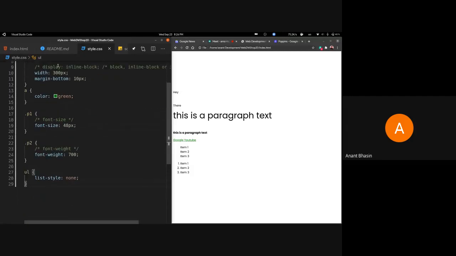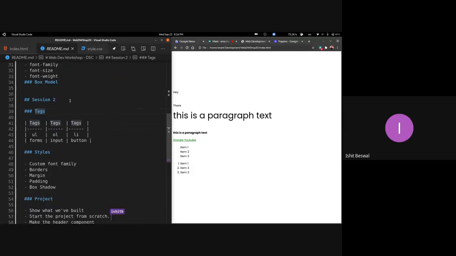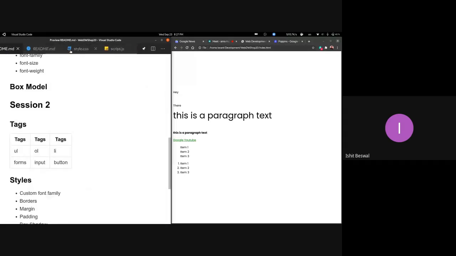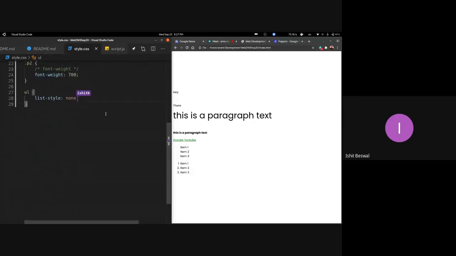Right, Ishit, back to you. Yeah, so I think the next thing we can cover is margin and padding, right? Right. So in the unordered list, what I'm going to do is select the li, which are the list items, and as you saw, there are some predefined margin and padding given to them. As you can see, Anand placed another selector. What this does is it selects all the li which are a child of the ul tag.